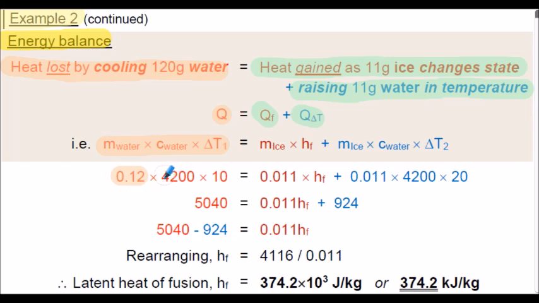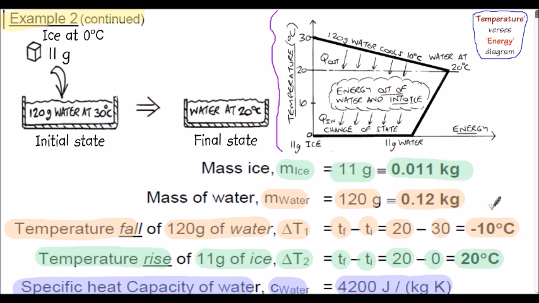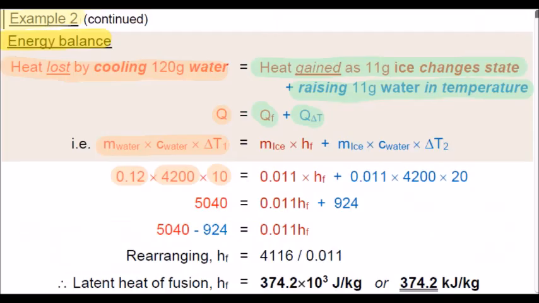Specific heat capacity assumed to be 4,200 joules per kilogram per K, and the change in temperature is 10 degrees C. Now notice I actually calculated delta T1 as negative 10 degrees C, but in the calculation it's stated as positive 10, and that's because of the energy balance, because I have the cooling on the left hand side and the heat gained on the right hand side. This energy balance accounts for the loss of heat energy without me having to put the actual negative 10 degrees C in the